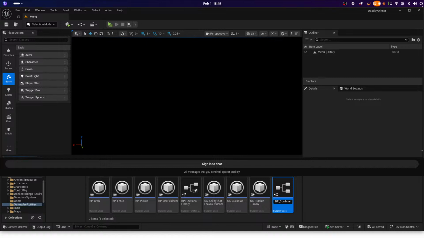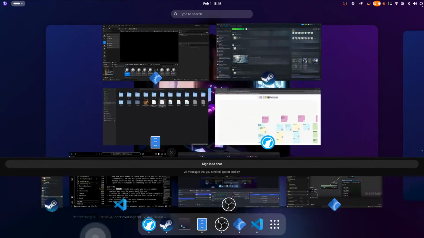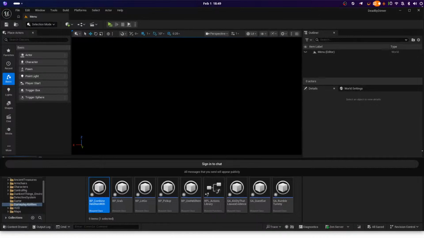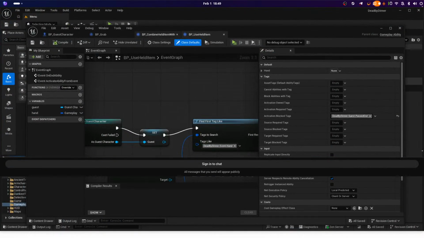Combine held item with. How did I get so bad at typing, guys? And we want this to look like BP grab. Actually, we want it to look more like BP used held item. So let's open both those and look at how they are. BP held item,